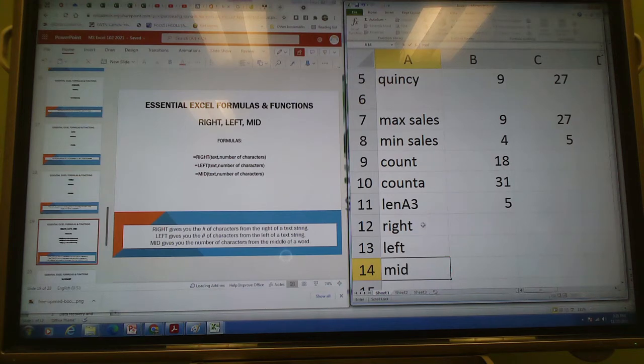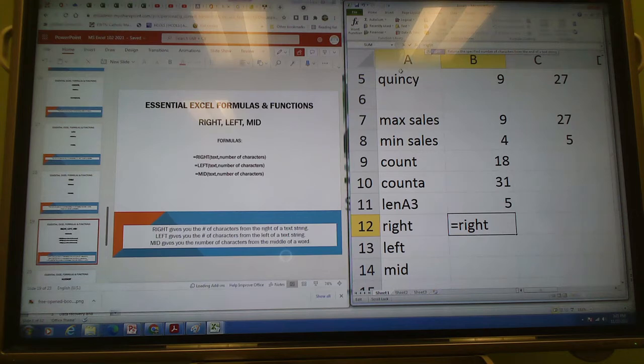Okay, and then I'm going to put this in here, and that's going to be my reference in A5. So RIGHT, put in this formula, RIGHT, the text,